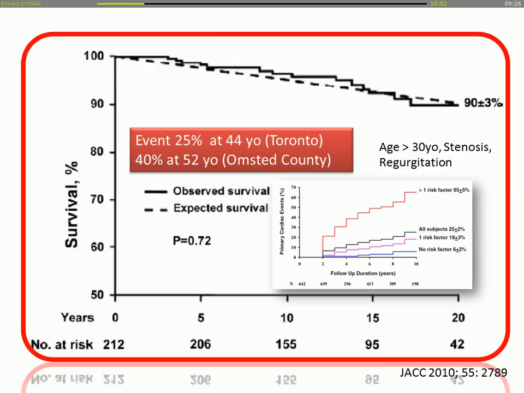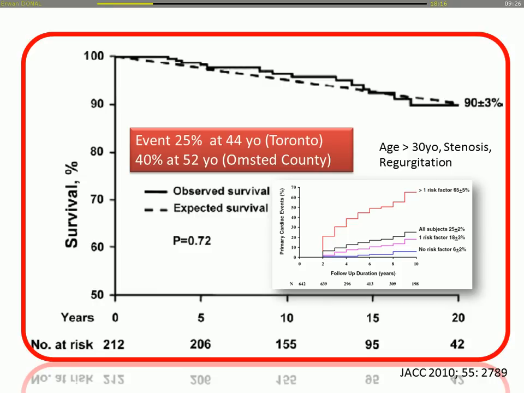So we have to consider the fact that we make the diagnosis of bicuspid aortic valve. We have to characterize the phenotype of this aortic valve. We also have to look at the aorta and to characterize the phenotype of the ascending aorta dilatation. And we have to take into account, as has been already said, the age of the patient, the presence of a stenosis or an aortic valve regurgitation, because if we have this kind of risk factor, you will probably have an increase in risk of complication